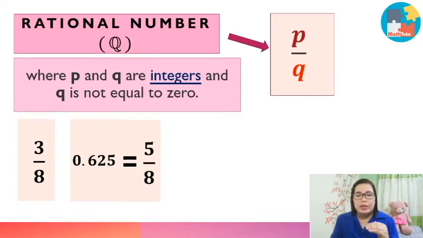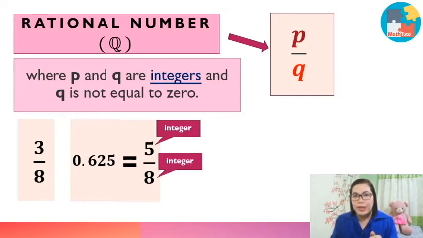So, you may ask, paunsa na himong 5/8 si 0.625? We will be having a separate video tutorial for that, paunsa i-convert ang decimal into fraction and vice versa. But for the sake of this video, 0.625 is just equal to 5/8. Therefore, this number is a rational number because 5 is an integer, 8 is an integer also, and 8 is